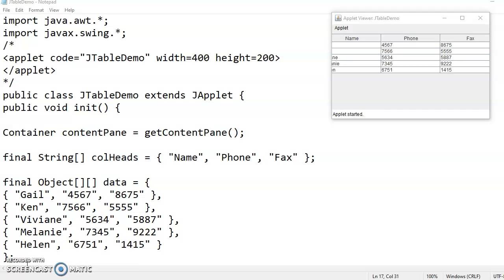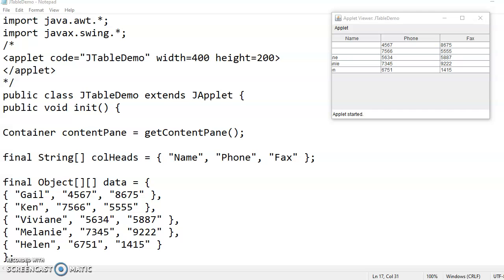So what is a table? A table is nothing but an arrangement of data in the form of rows and columns. Tables are widely used in data analysis, communication purpose, and you can see tables in print media, like in newspapers and in magazines. So it is basically a most relevant component which is used for analysis.